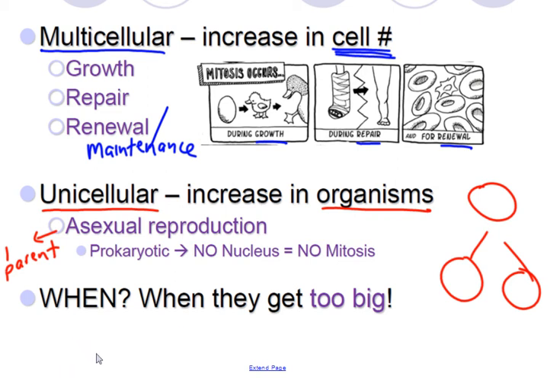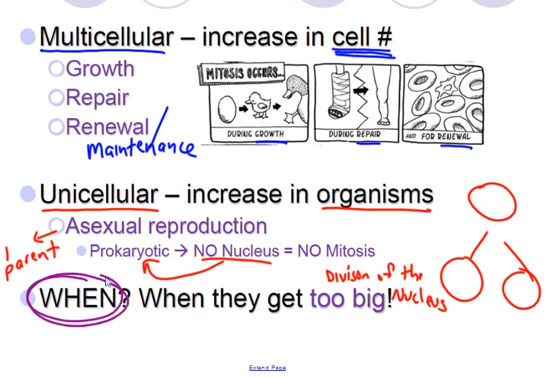Now, from a prokaryotic standpoint, remember, prokaryotes do not have a nucleus, so they cannot undergo what's called mitosis, which is defined as the division of the nucleus. Instead, they go through something called binary fission, which is going to be similar. We're going to talk about mitosis here in a couple minutes. Most importantly,